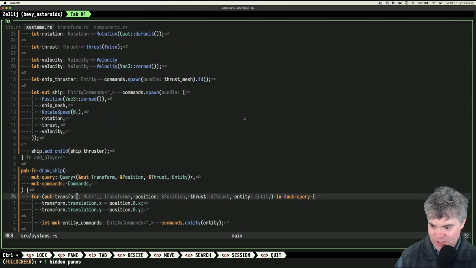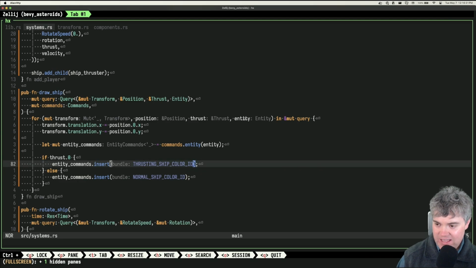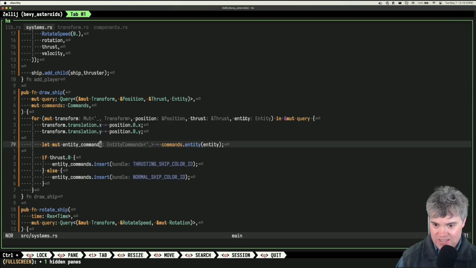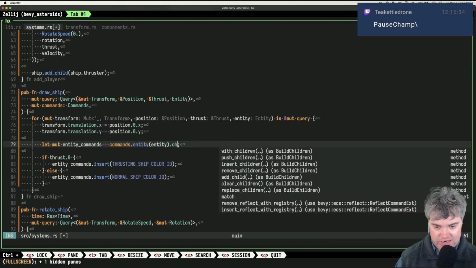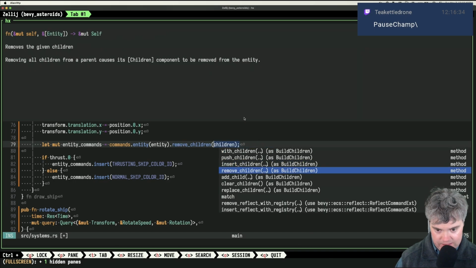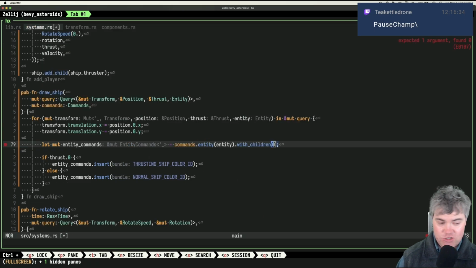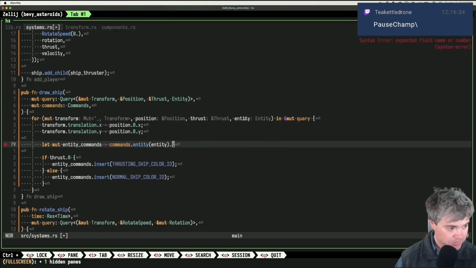So now when I draw the ship, I want to find... So instead of this entity commands, I want commands entity. Now, with children, takes a closure with builder. I want to remove children. I want to replace them. Okay, I was hoping I can maybe get the child.